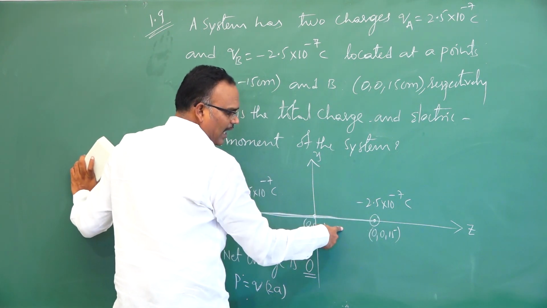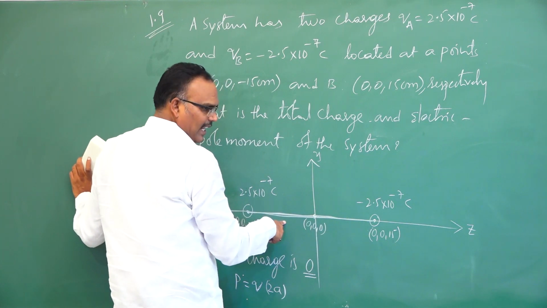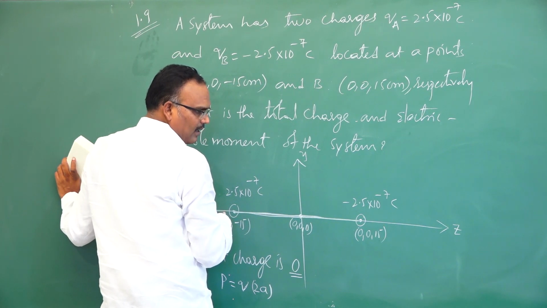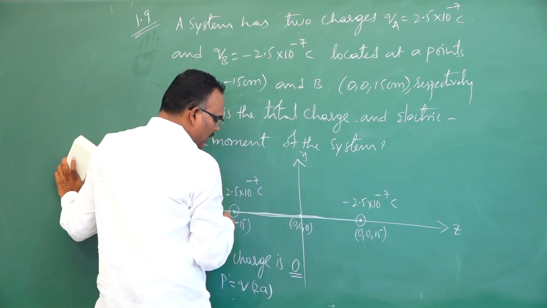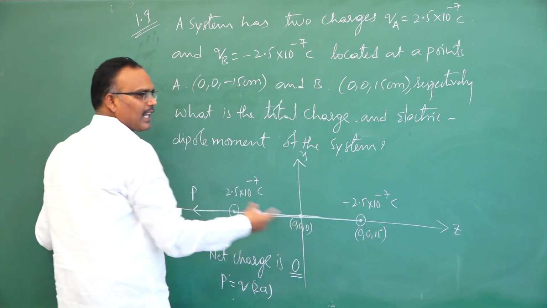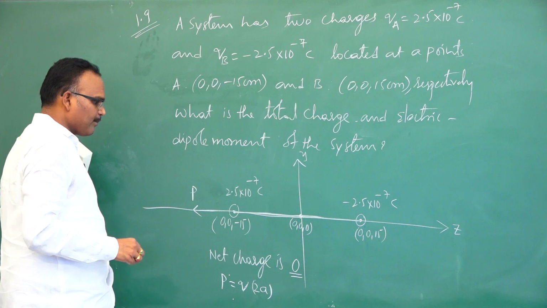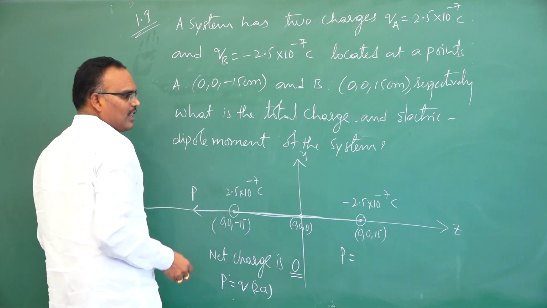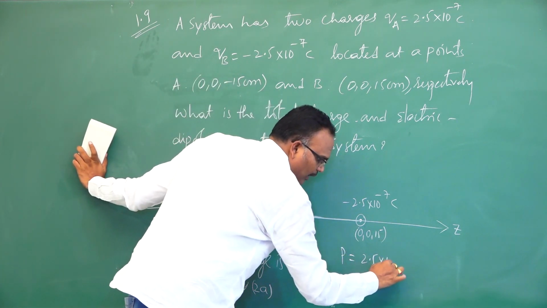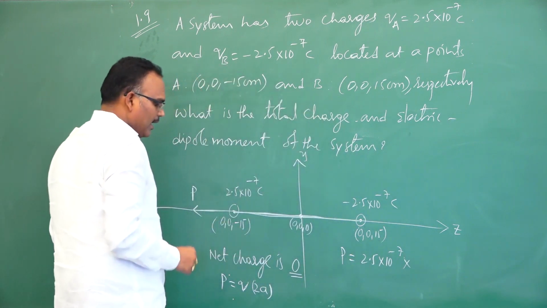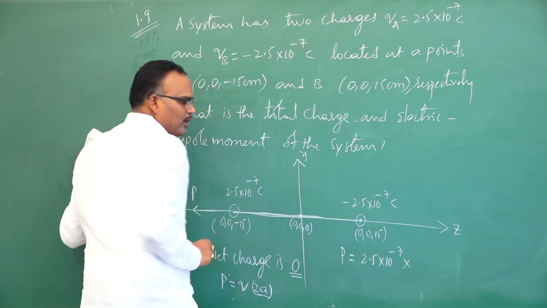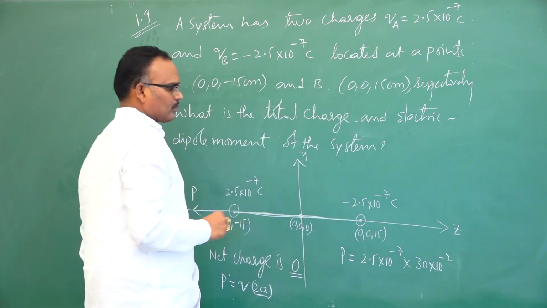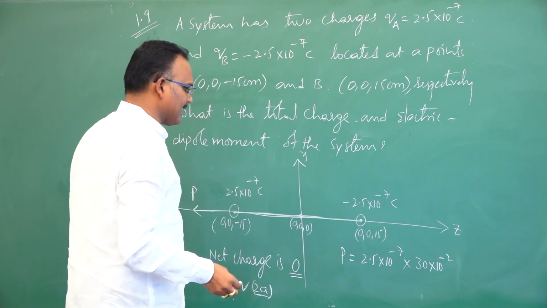Here it is A, this is also A. This is 15, this is minus 15. Negative distance means only direction different, that's it. Now, separation between these two charges is 15 plus 15, 30. So 2A is now 30. So dipole moment P is equal to Q, the magnitude of any one of the charges, that is 2.5 into 10 to the power of minus 7, into 2A, the distance between the two charges, that is 30 centimeters, 30 into 10 to the power of minus 2. If we calculate this, you will get the answer.